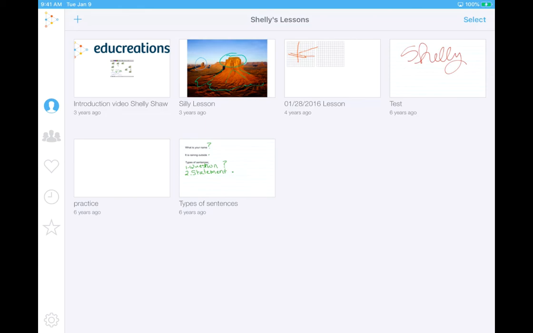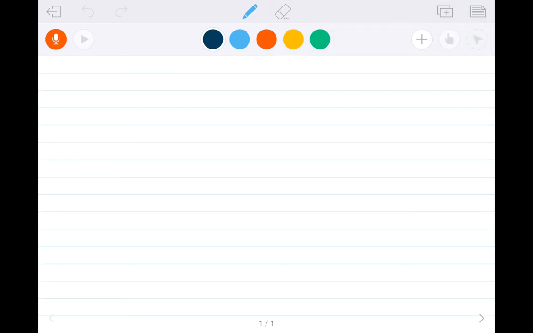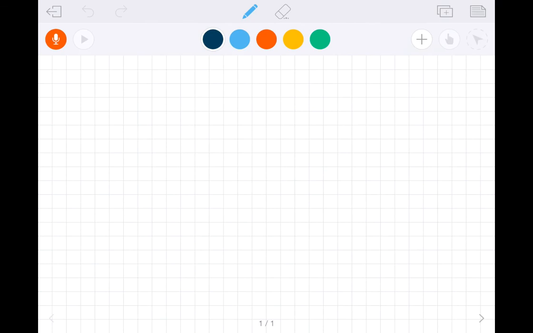I'm going to start out by clicking the plus button. Now I have a new lesson and I'm all ready to go. So to get started, you can do a couple of different things. In the top right, you're going to see a little icon that looks like a piece of paper. I'm going to click that. You can choose what kind of a background you want, lined, graph paper. I'm just going to choose plain white paper. Then you can choose the plus button,